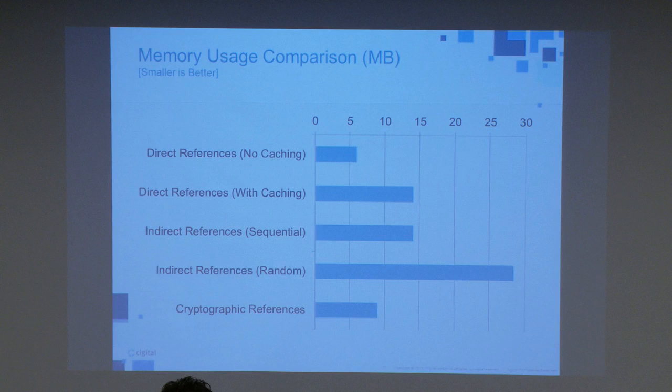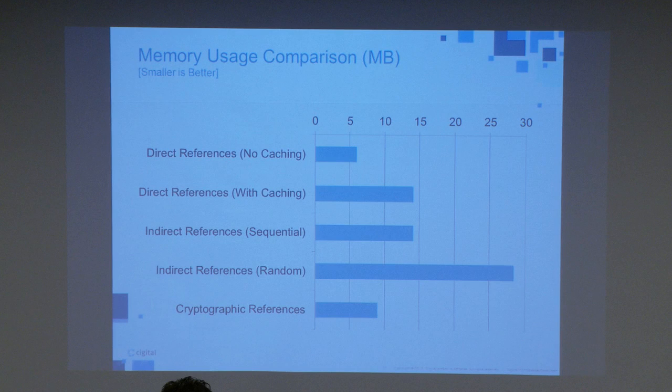Memory usage. Well, direct references with no caching, you don't need much memory, right? I'm not caching any of this stuff, so that's relatively straightforward. When I do start caching things,